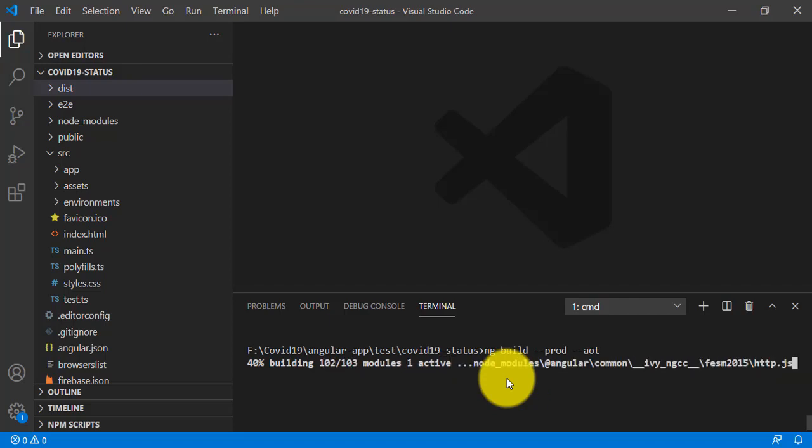So it is completed now, 40% building of all modules out of 104 modules. That is all about showing this path, that is slash router.js. It's all about the path and included files of it. So this is the first command you need to execute if you are creating your application initially, or it is a fresh project.